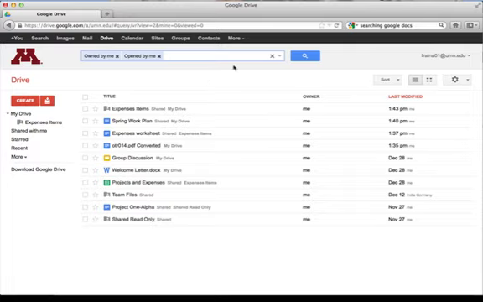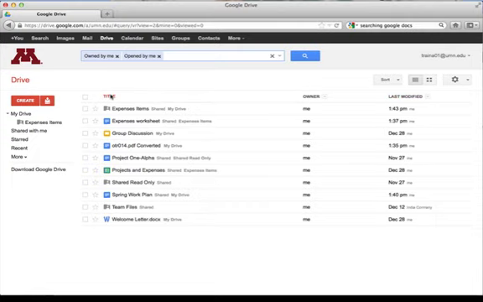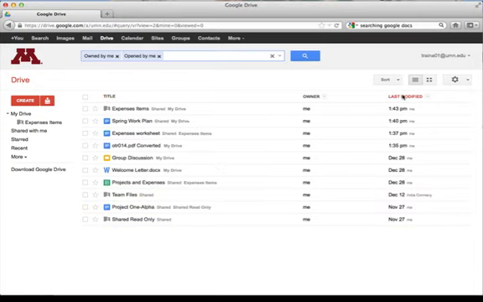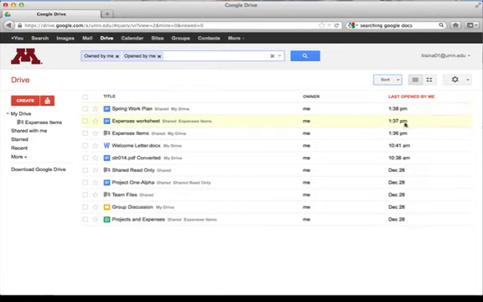And then beyond searching, there's also sorting. Up here, each one of these is a link. If I click on title, it will sort things alphabetically. If you click on last modified, it'll put it in modification terms. And up at the top, you can see additional information. So last opened by me instead of last modified by me,